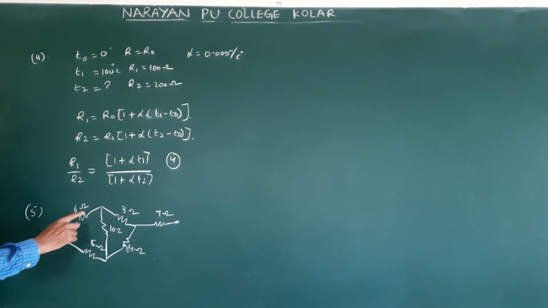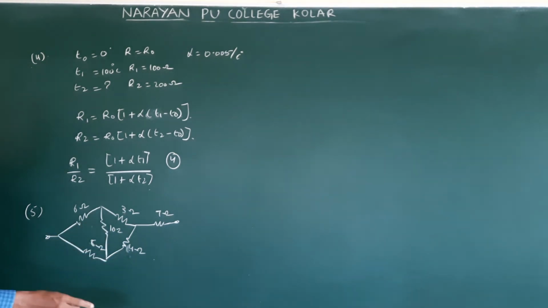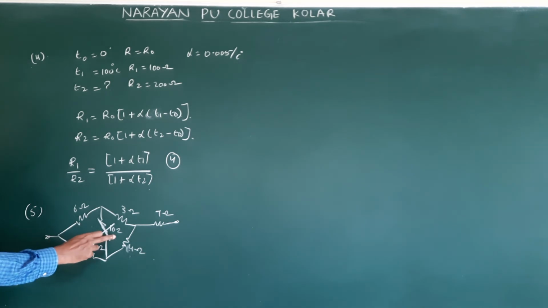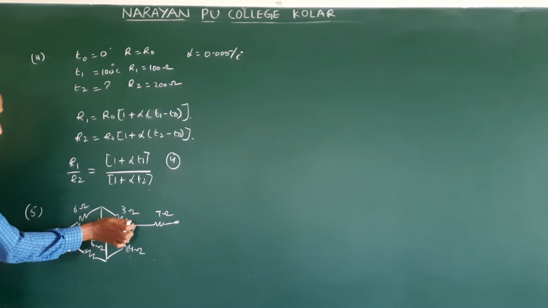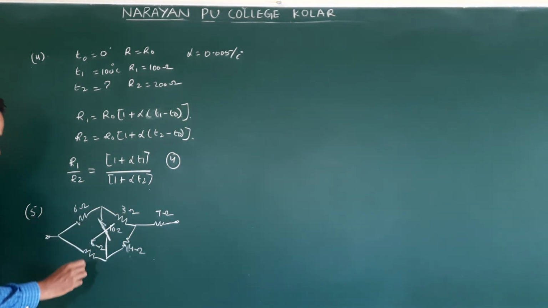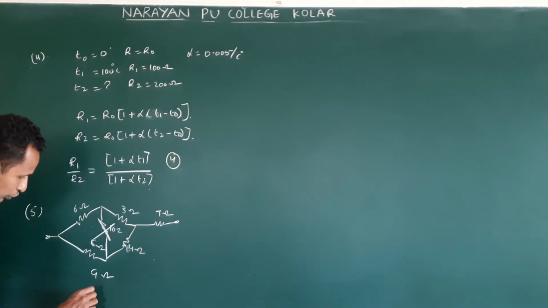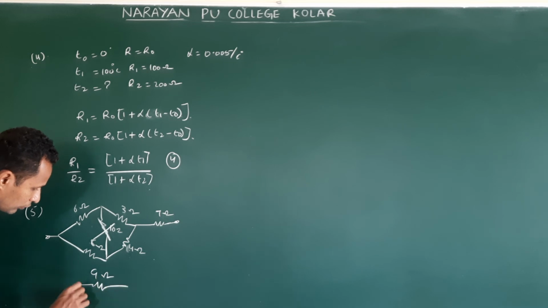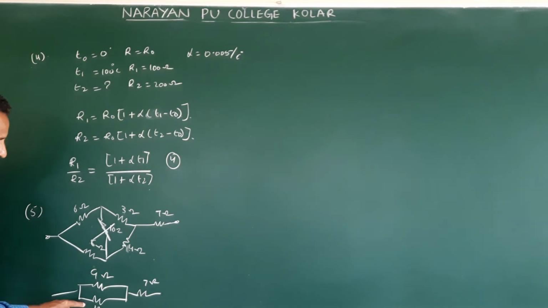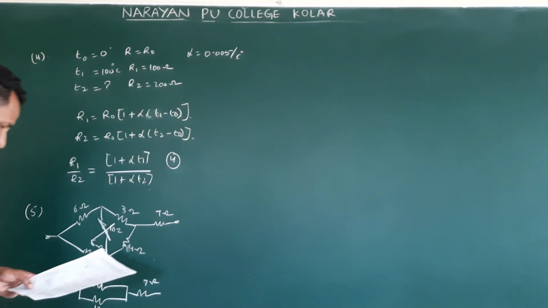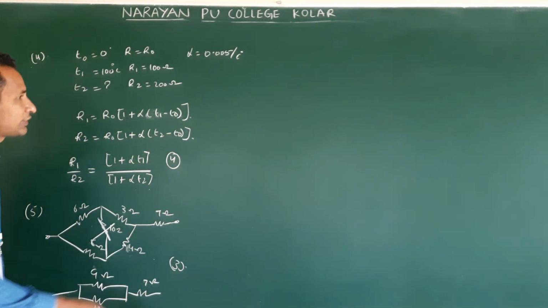Now, satisfies or not? 6 by 3, 2. 8 by 4, 2. So, satisfying Wheatstone network. So, through 6 ohm, through 10 ohm, no current flows, this is ineffective. It will not affect the circuit. Then 6 plus 3, 9. 8 plus 4, 12. Then 7 ohm. These two parallel and then series. Then answer will be 85 by 7. Option 3 is correct.